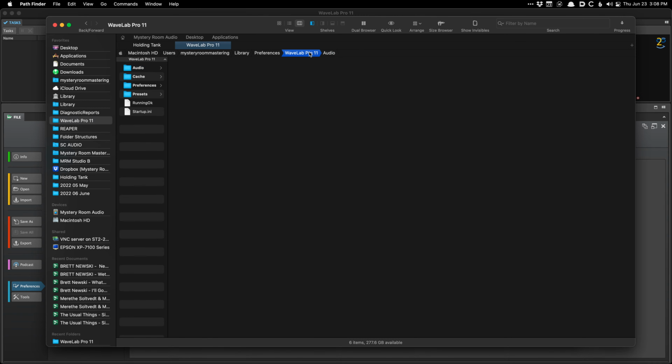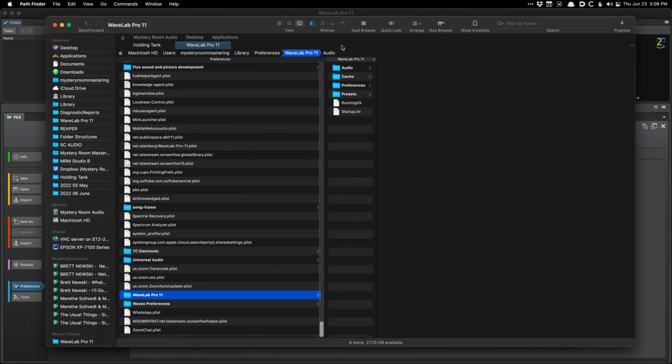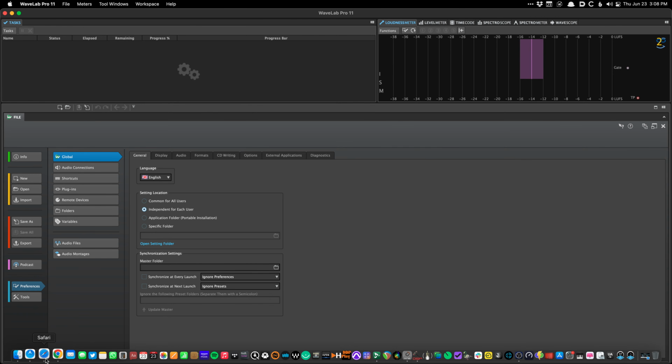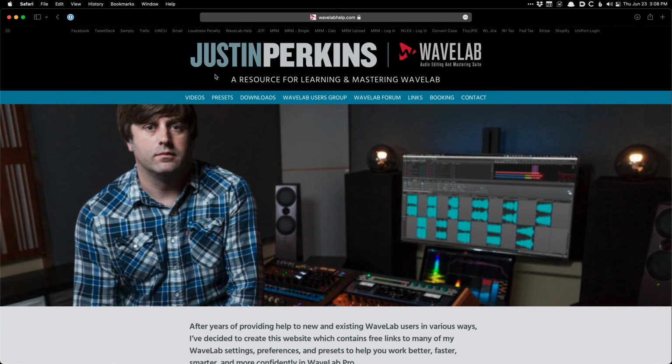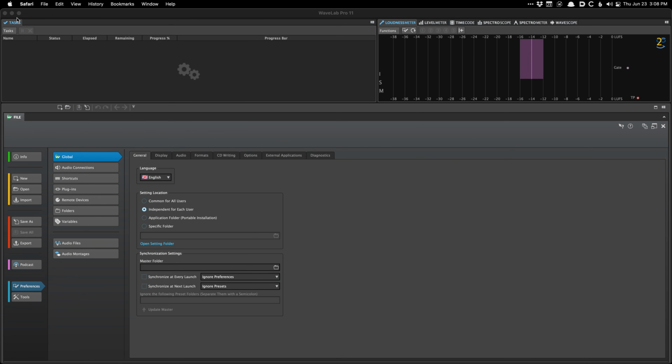So you may even want to go back a step and just delete the whole WaveLab 11 folder. And the other reason I'm telling you this is because if you go over to the wavelabhelp.com website, you can go to presets. You can download my entire preferences folder and add it to your preferences. Now, it does wipe out anything you have, but if you're new to WaveLab and you want maybe a better starting point that's in tune with some of the tutorials I've done, go over to wavelabhelp.com and grab my presets